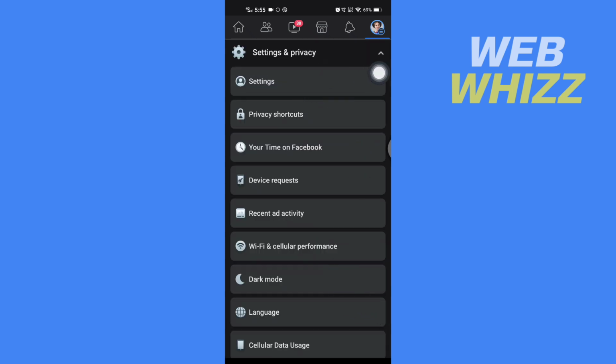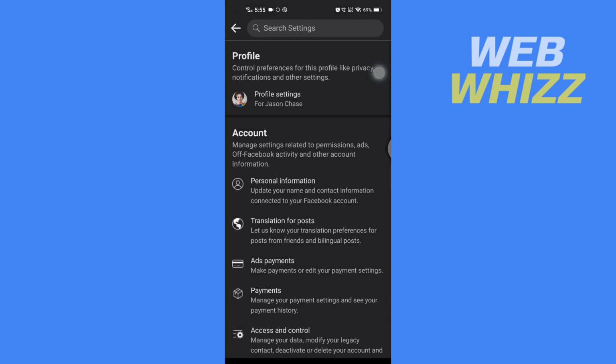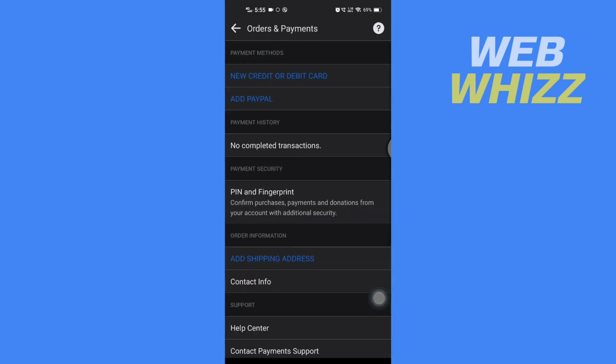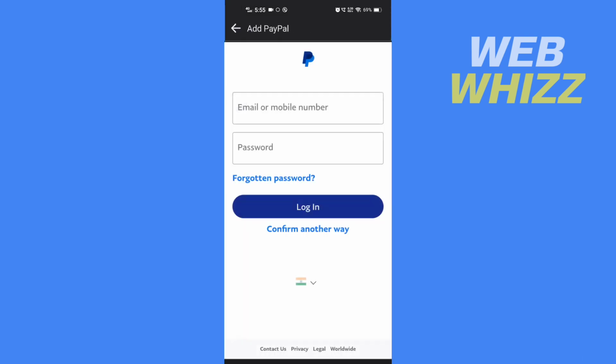tap on settings, and then here in settings in account you will see payments. Tap on it, and here in payments, in payment methods, you will see new credit or debit card and PayPal. So tap on add PayPal and then wait for it to load, and then here Facebook will take you to the PayPal login page. So enter here your PayPal email address and password and tap on login, and your PayPal